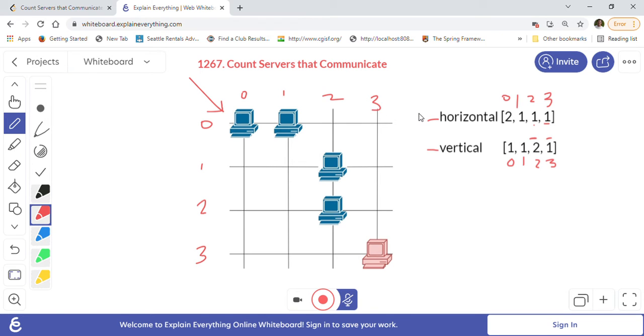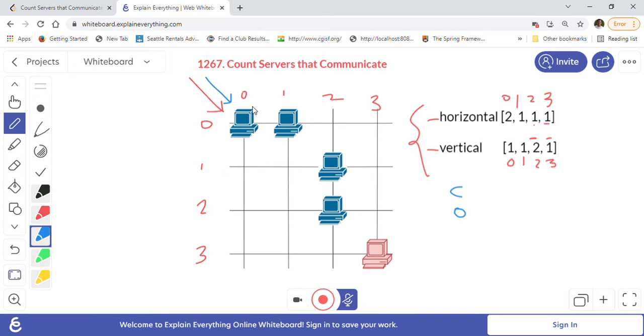So we will first iterate through this matrix, and we will create horizontal and vertical arrays, right? We will populate that, so we will have this information handy. After that, we will take one variable called count, right? It will be 0 in the beginning, and we will again start iterating a second time from this matrix, from the beginning to end, right? From this point again we will start iterating like this, right? So first row, then second row, then third row, and fourth row, right?